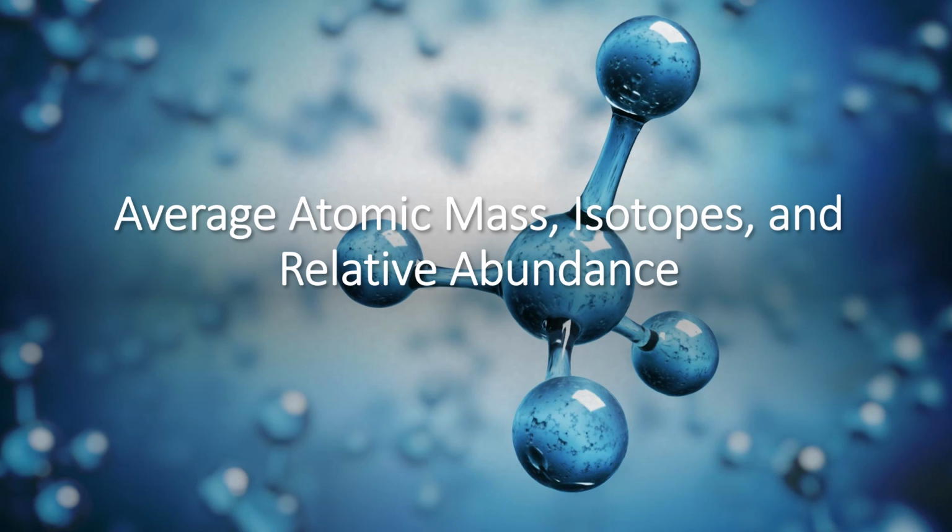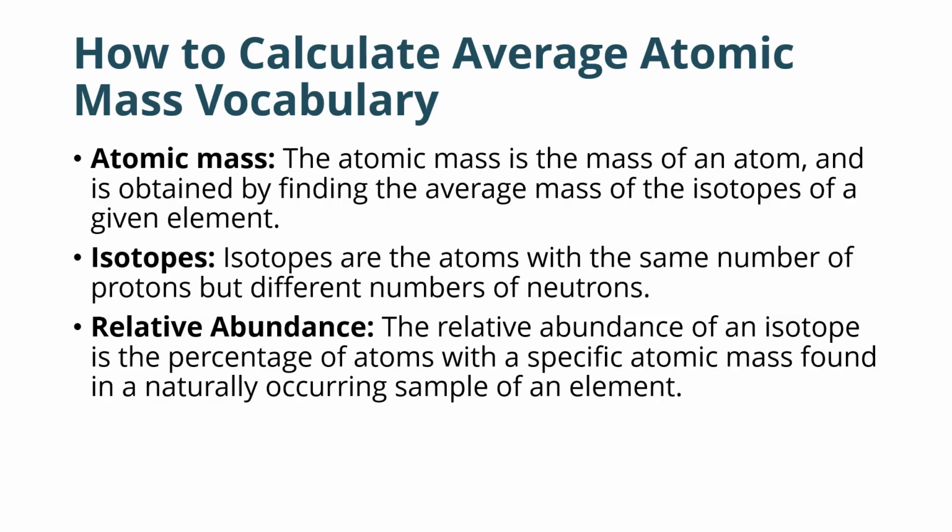This lecture is average atomic mass, isotopes, and relative abundance. Important vocabulary for us when we're talking about average atomic mass: the atomic mass is the mass of an atom and is obtained by finding the average mass of isotopes of a given element. An isotope